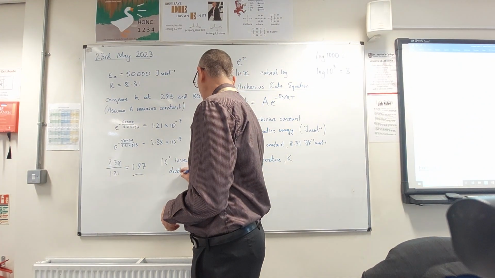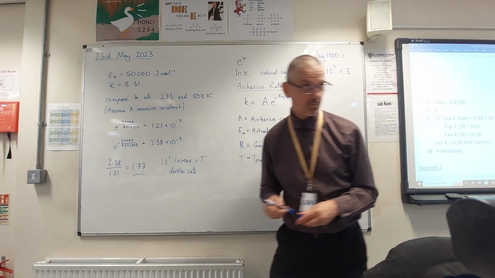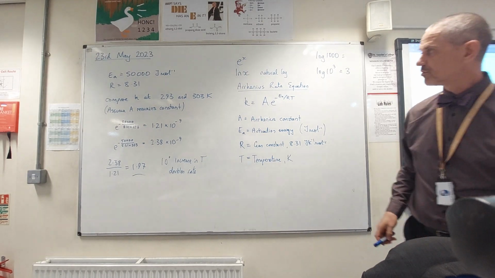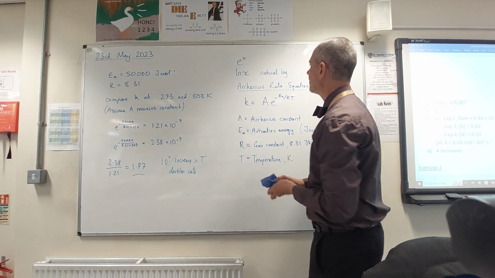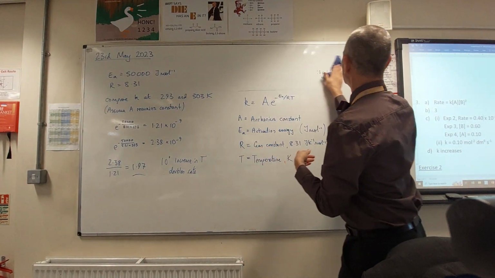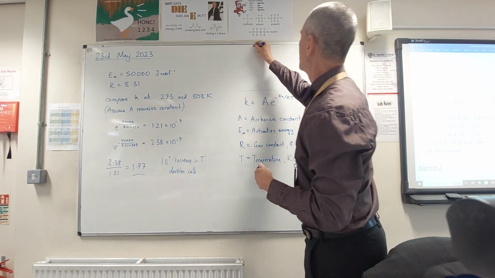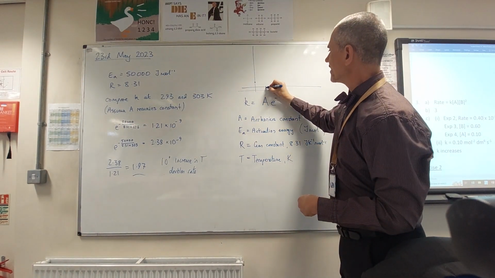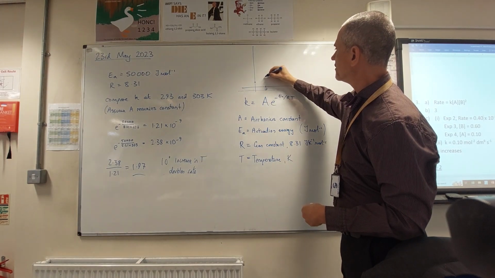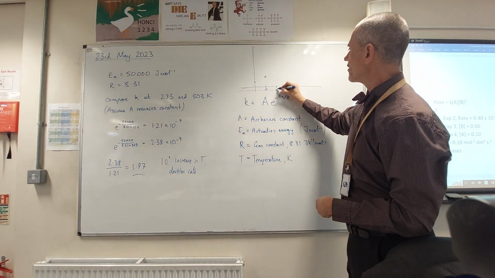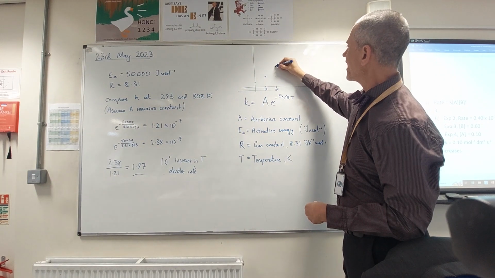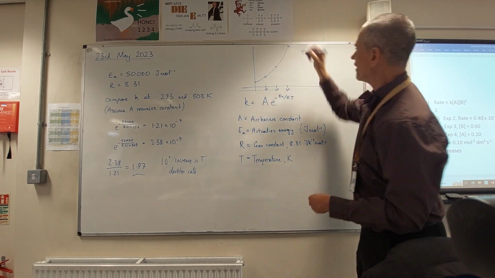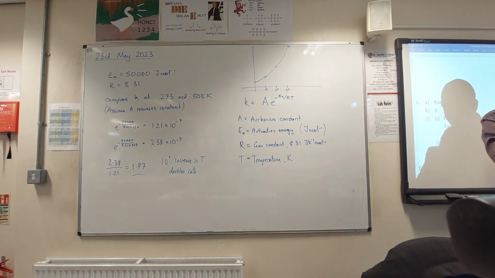it pretty much doubles the rate. A 10-degree increase, it's just a good rule of thumb. A 10-degree increase doubles the rate. And it explains the shape of that curve. If the temperature's whatever it is there, and then we get a 10-degree increase, my rate must have doubled, and then another 10-degree increase, it must have doubled again, and then another 10-degree increase, doubled again, and that's why you get that characteristic shape getting steeper and steeper and steeper,